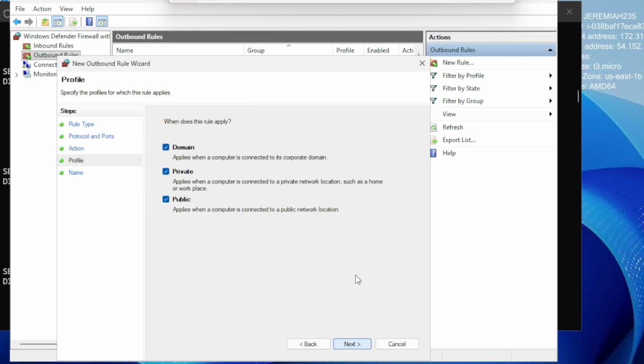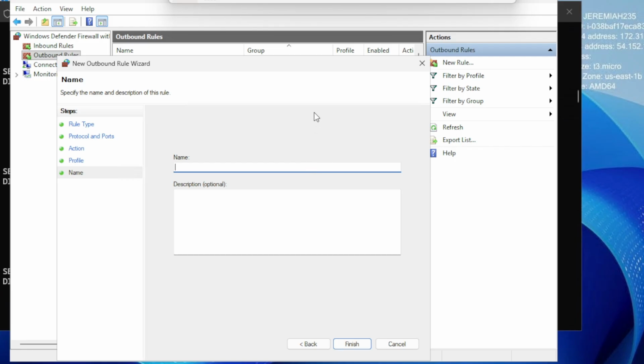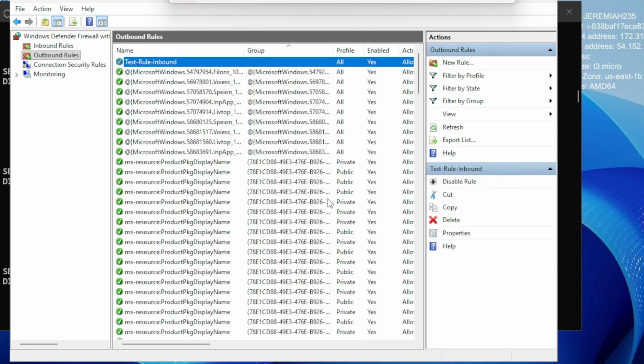So I've created inbound, the inbound rules and outbound rules, and now I'm going to enable and disable it. All right, that's it for the network